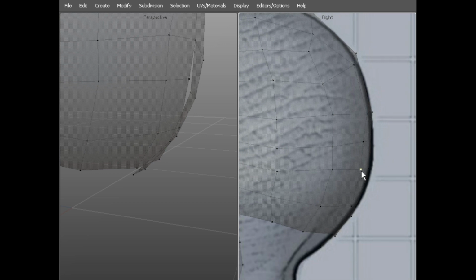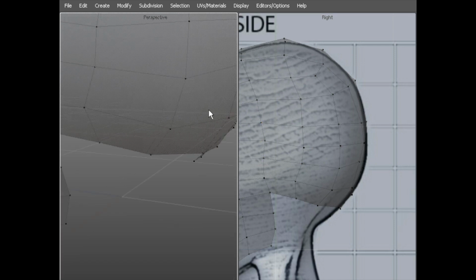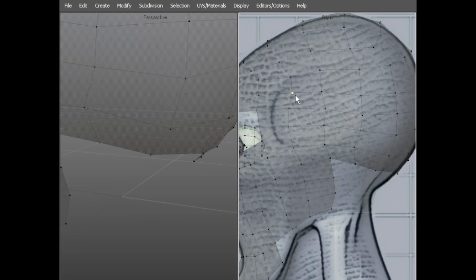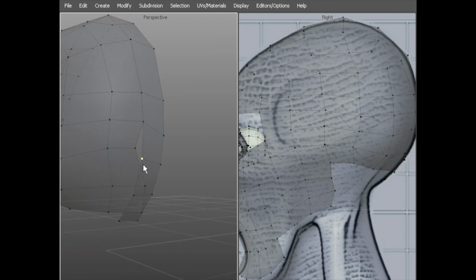So just tweaking it back to the reference. It's so easy to get distracted with modeling that you forget your reference, like I just did really. It brings you firmly back to earth to see where you've strayed from the path, and that's just brought me nicely back on track there. And then the last couple,